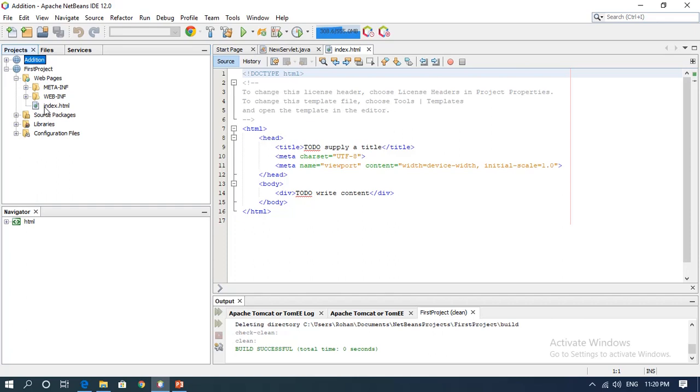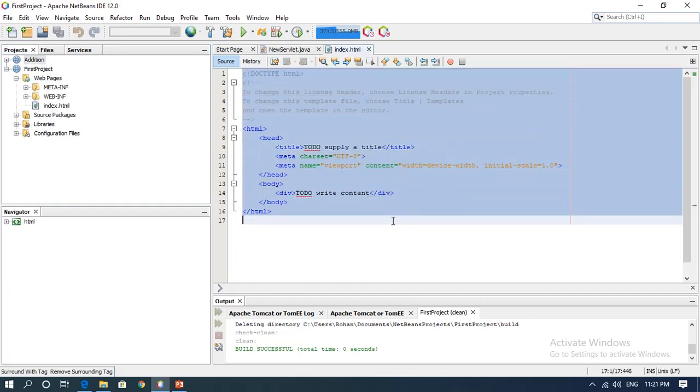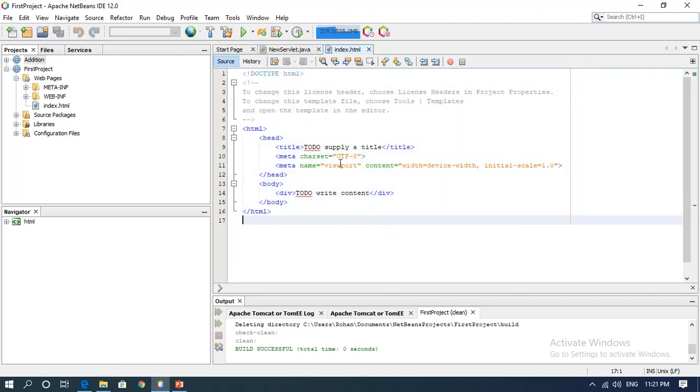And here if you can see, you are having this index.html. Now index.html is basically the design of your project, the first page of your project. That is what index.html is. When I run it, you will understand what things you are having. See, if you can see here, this is your index page. Can you see this? This is the code which is written for this index page, which we have created. NetBeans automatically creates this particular page. Okay. So right now we are not dealing with that. Move to the next one.